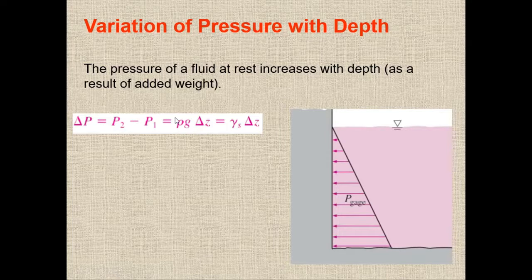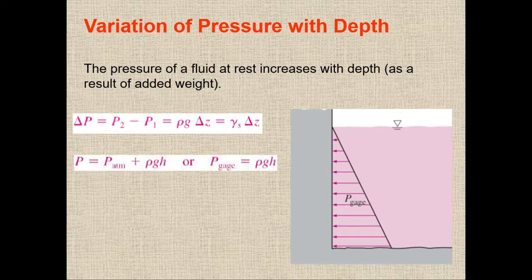If I combine this rho g, I can say that it is equal to gamma, which is the specific weight, times delta z. So rho g delta z, or rho g h, or gamma h, or gamma delta z, is equal to the change in the pressure if we are moving downside or upside. For the downside it will be positive, and going upside it will be negative. The only thing to remember is that if we are moving topside, the pressure will decrease, and if you're moving downside, the pressure will increase.